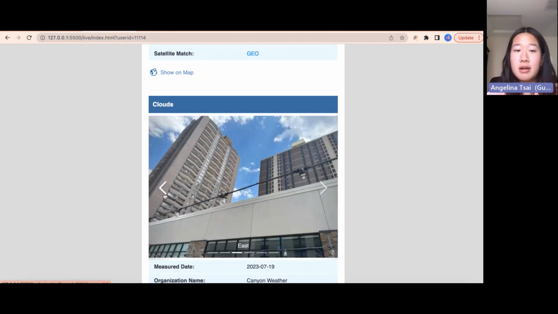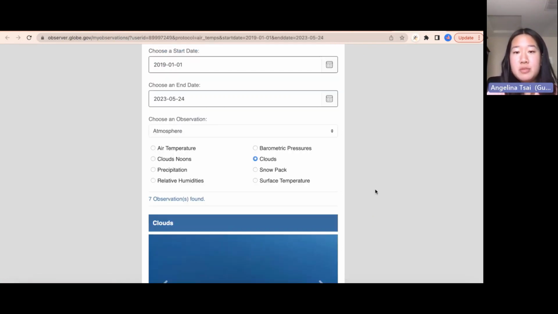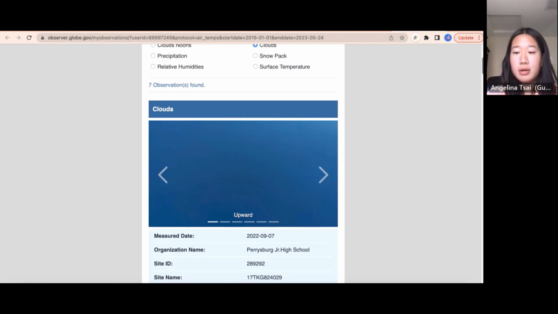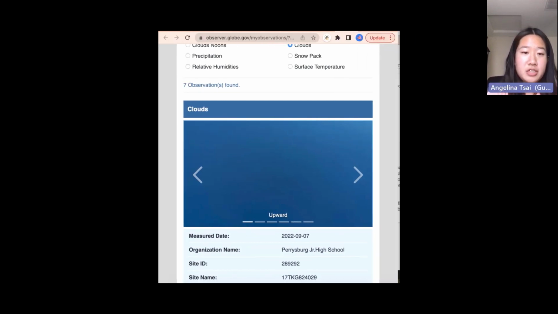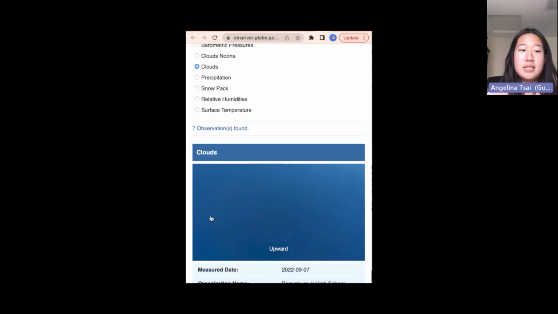As you will notice, there are arrows and indicators on desktop. However, on a normal My Observations page, if you make the page the size of a mobile screen like this, the indicators for the arrows and the indicators for the images will disappear.